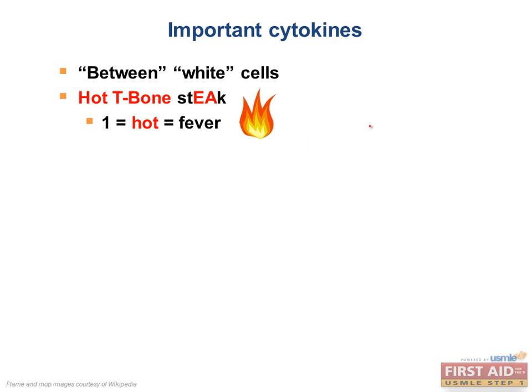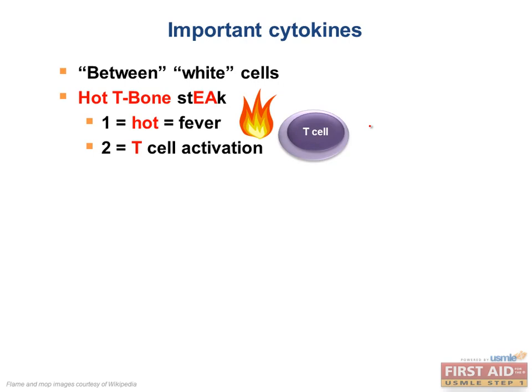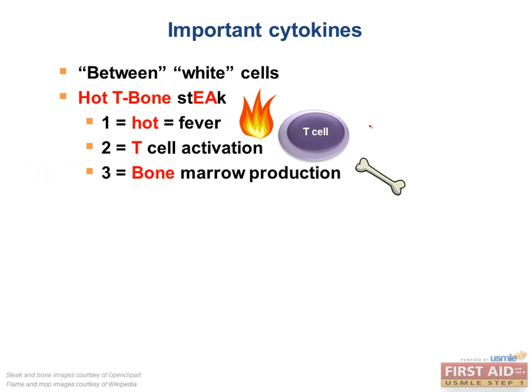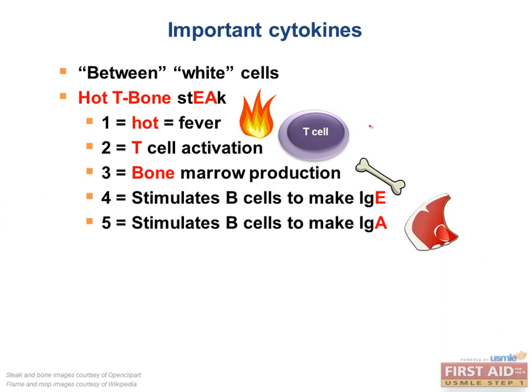All right, interleukin 2, you can think of the T because it stimulates T cells, as we talked about before. Interleukin 3, bone marrow stimulation, all the cells in the bone marrow. Okay, red cells, white cells, everything. That's what interleukin 3 does. It stimulates your hematopoietic cells. Interleukin 4 and 5, you can think of the letters E and A of the word steak because they stimulate the class switching of B cells to instead make IgM, they make IgE and IgA,